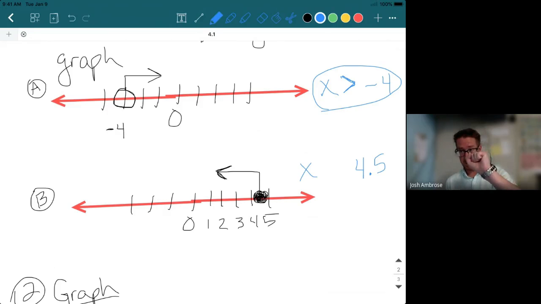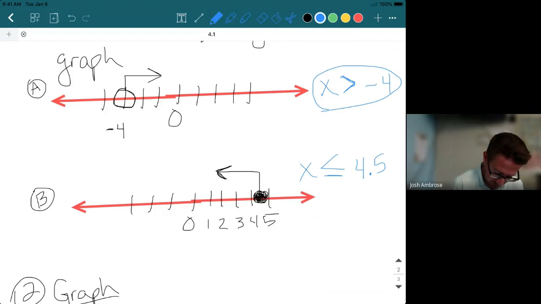It's filled in and it's going to the left. So that means it is less than or equal to. The or equal to means filled in. It's going to the left. That means less than. A lot of times, students may try to figure out if there is a little trick that I could use. One trick that kind of works, if your mind works this way, is if you look,